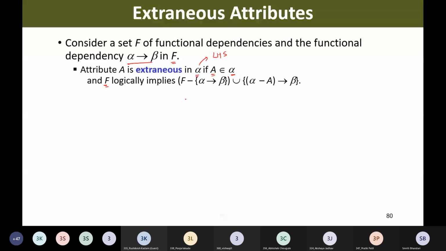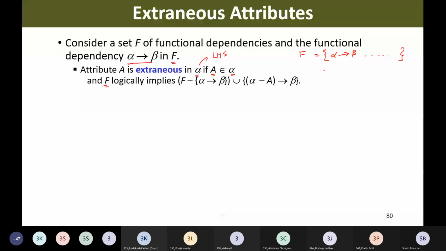What does this mean? We are trying to come up with a new set of functional dependencies by simply omitting the attribute under consideration. So, given set F with a functional dependency, say alpha to beta,